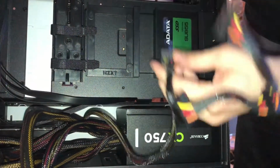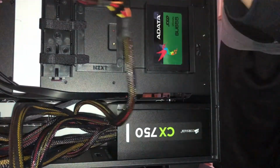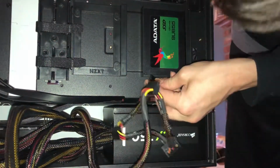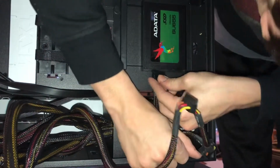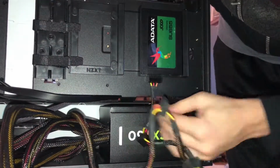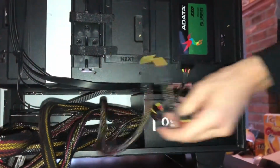Ours goes this way. However, we're not plugging it in with that one because that would just be disaster. This is going to be a disaster as it is. So, we got this, don't worry. I got this. Plug in. Good. So, we got our SATA power to our SSD, and now we can power our hard drive with the